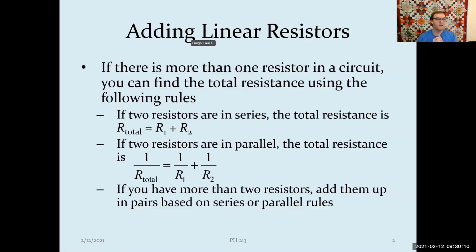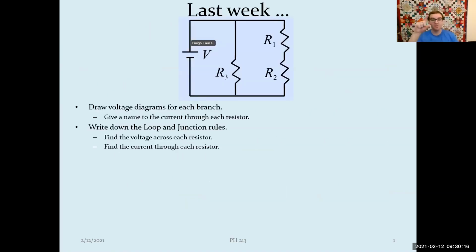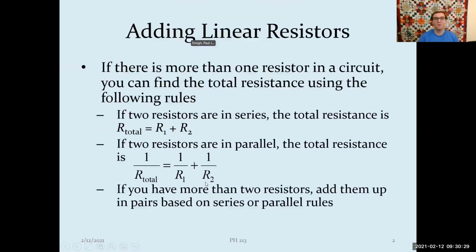Of course, we can add together more than two resistors. In fact, we did that here, right? We first added together the two resistors in series, and then after that, we're able to write down the parallel resistors and kind of collapse them. And you can do this with arbitrarily more resistors if you want to. We won't usually have really big circuits like